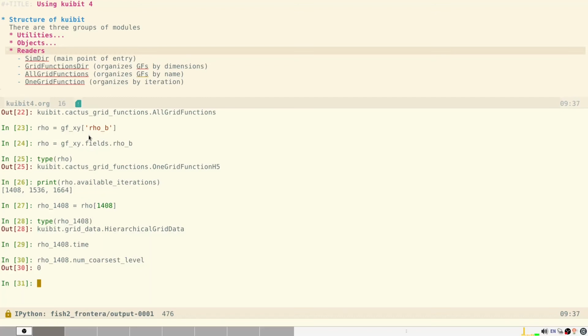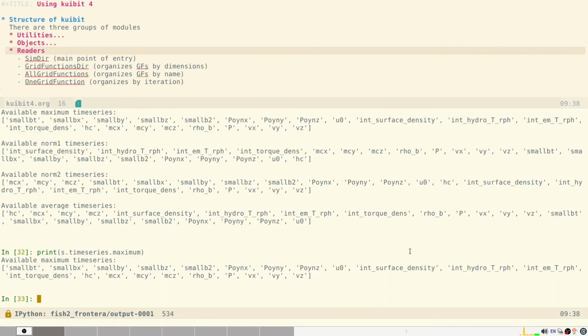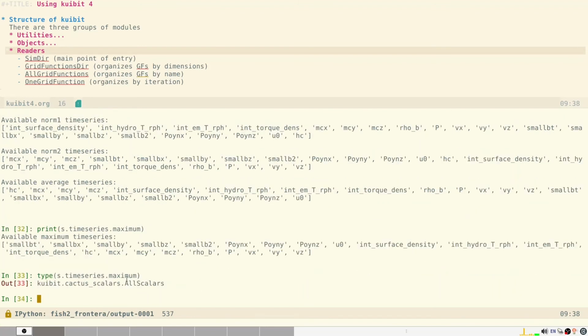And we can do the same for other readers. So the structure is always this: we have SimDir and we have additional levels. So for example, for time series, we have TimeSeries. And we can once again print to see what we have. And in this case, we index depending on the reduction. So for example, we can compute the maximum, and this will be all scalars because it's indexing specific scalars in this case. We can once again use the fields or the bracket operator to get the specific